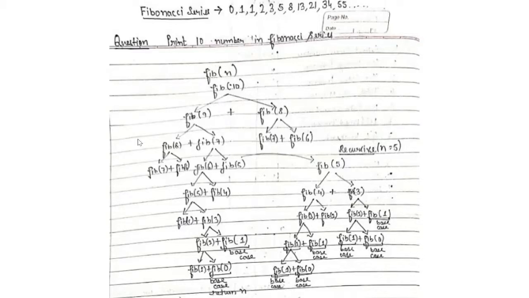So I couldn't make the whole recursive tree for Fibonacci 10, but I did make a recursive tree for Fibonacci 5 over here. So we can see how our recursion goes on. Now whenever I reach this Fibonacci 5, what would I be doing? I am just telling it: tell me what is the value of Fibonacci 5, or what is the value of the 5th Fibonacci number.